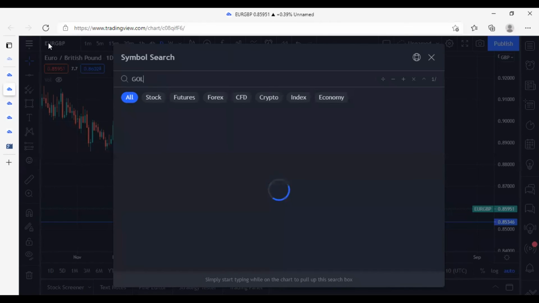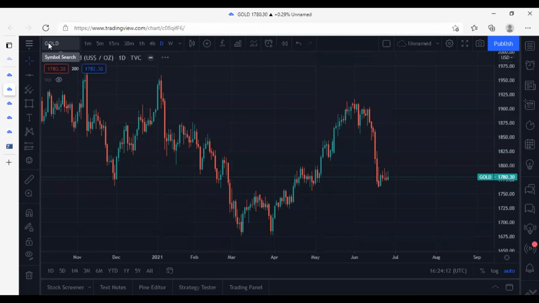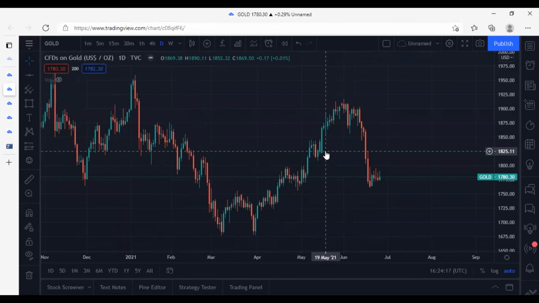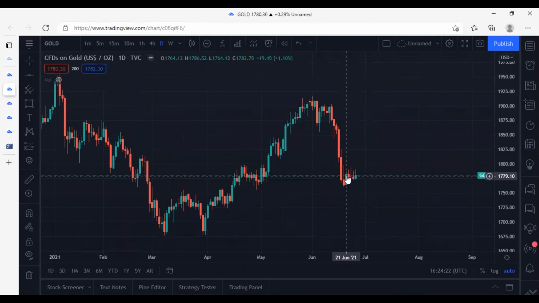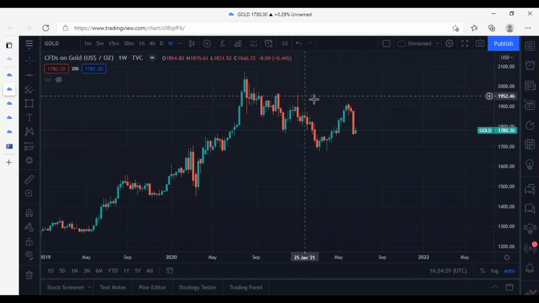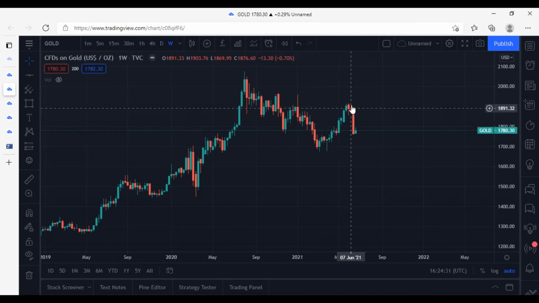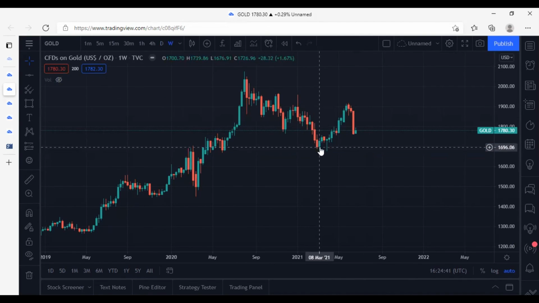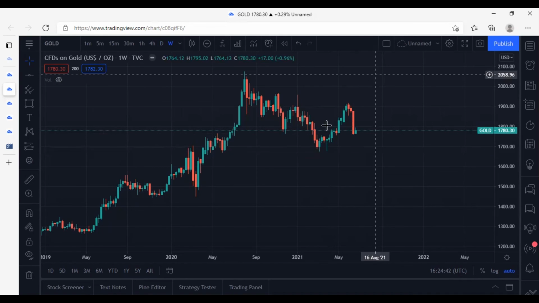Now gold, which is going to be our last pair. Gold is metal up here. For gold, we've seen this kind of consolidation over here on the daily time frame. If we go to the weekly time frame, we notice this particular long bearish candle here that happened last week. It's something that we should be expecting, because if you remember our previous week's analysis, we said